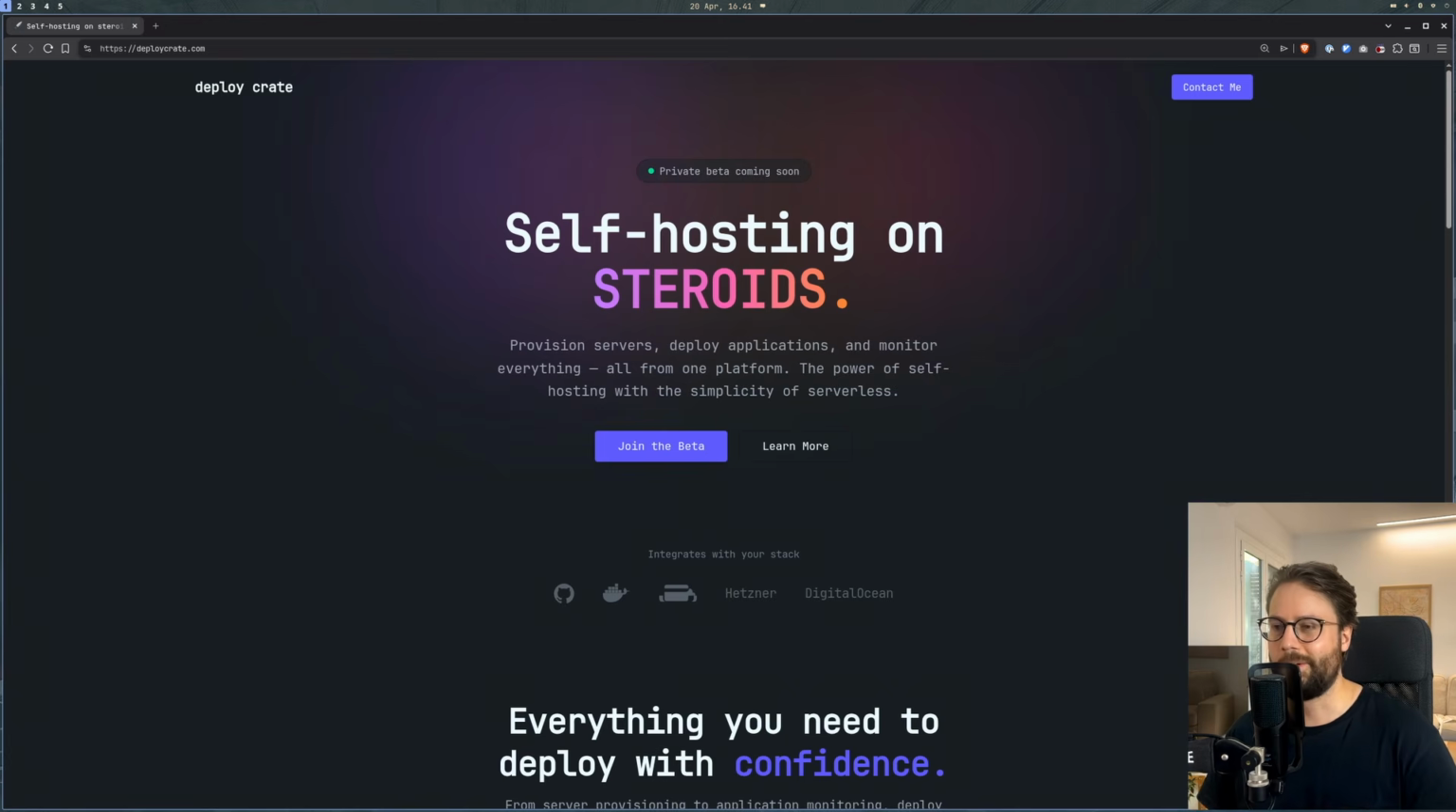Alright, so for the past couple of months, I've been working on this product called Deploycrate, which aims to make self-hosting or running your own servers feel like serverless. It is starting to reach a state where I can actually showcase it a bit more. So what I want to do today is provision a server and then deploy an application to